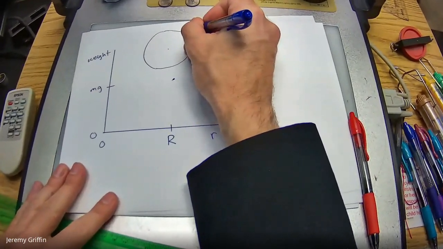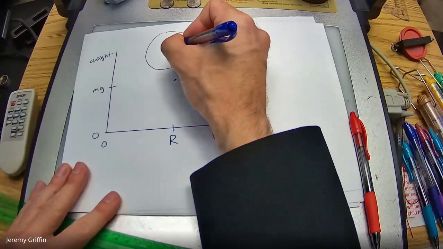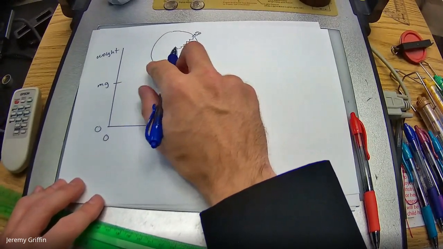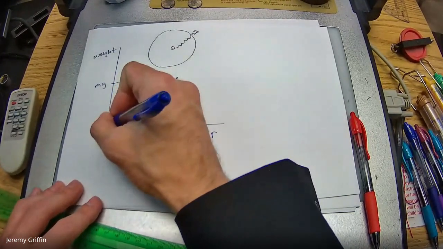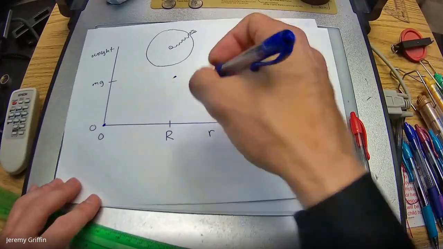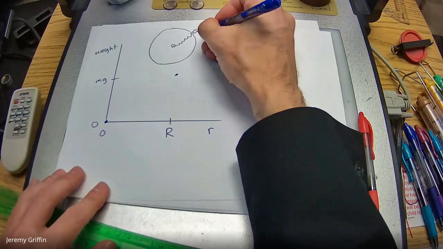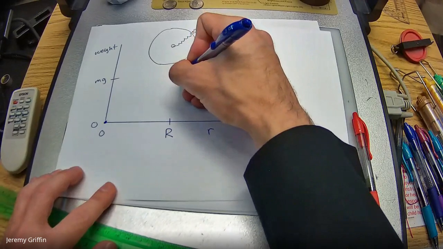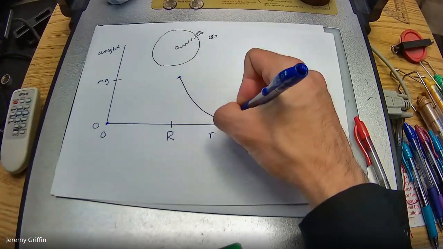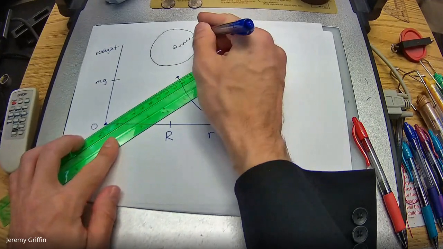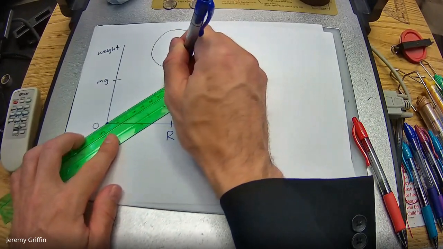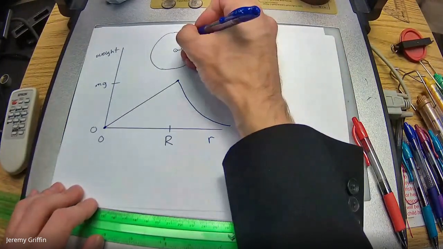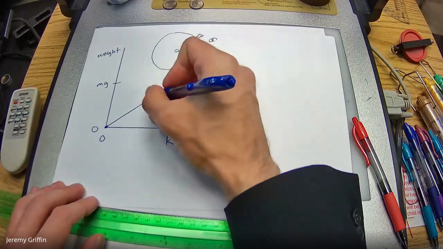Then what if you tunnel down into the center of the Earth, do the spiral staircase, and right at the center, what's your weight equal to? Zero, because every grain of sand pulls you in a different direction. It all cancels out, floating around like an astronaut. So that point's there, that point's there. If you take off in a rocket, as you get further and further away, your gravity pull from Earth decreases. There's an inverse square relationship, so it goes down. But I told you guys that if you climb the spiral staircase down to the center, your weight decreases proportionally to how far you are from the center. So if you're halfway down, you would weigh half as much as you would at the surface.